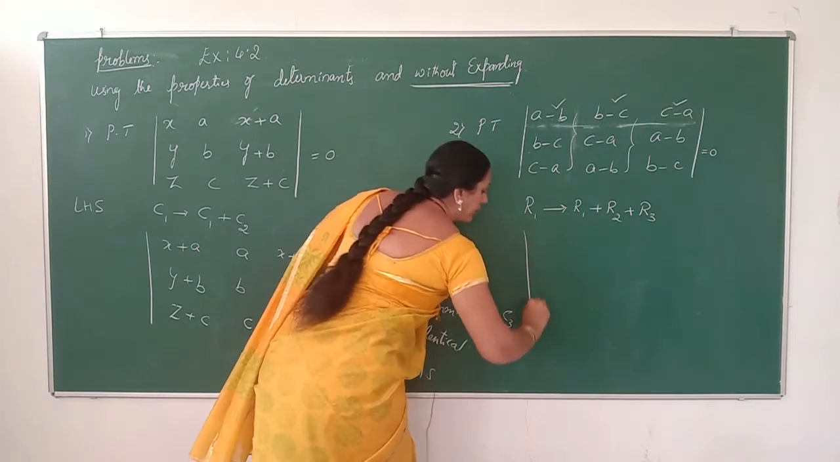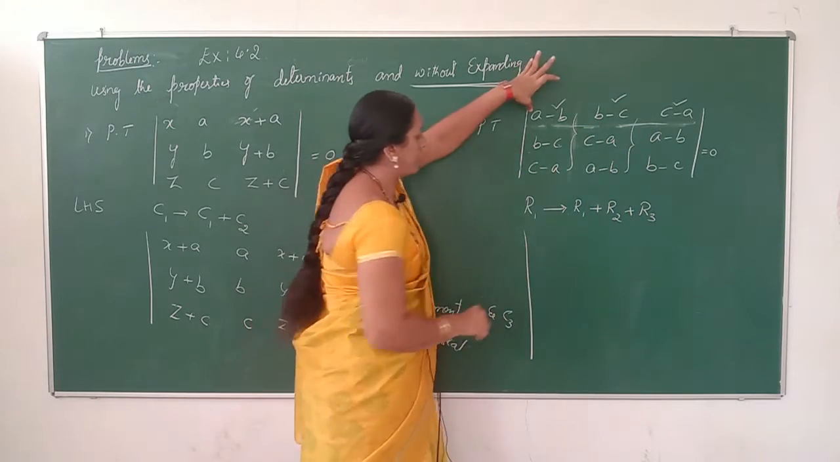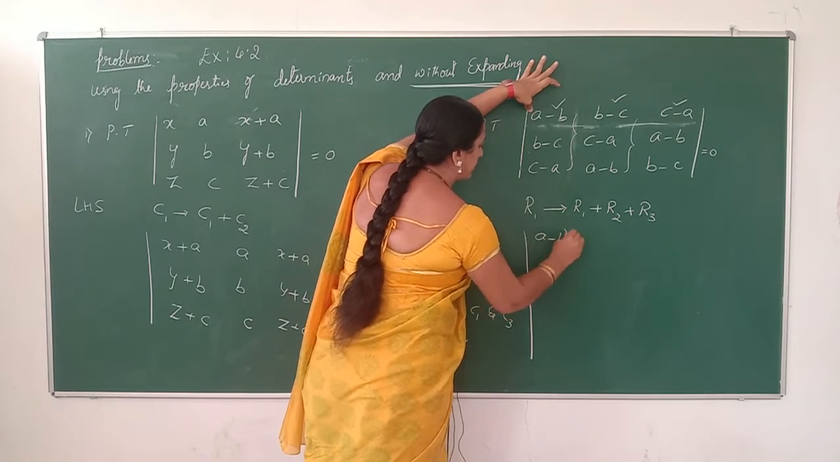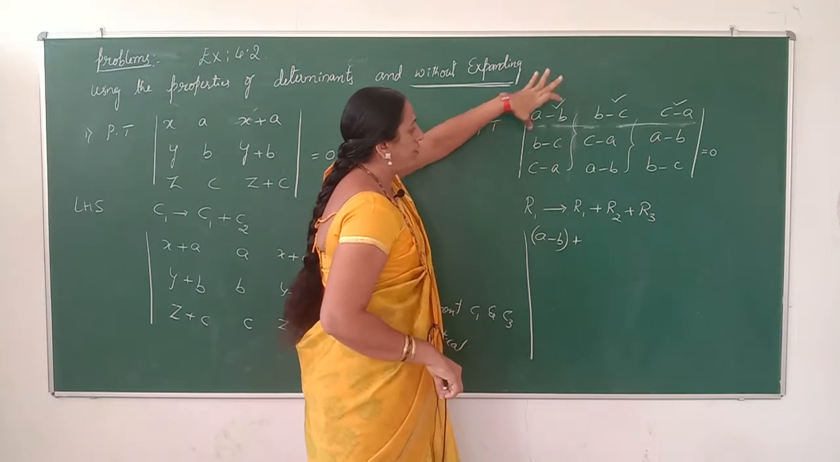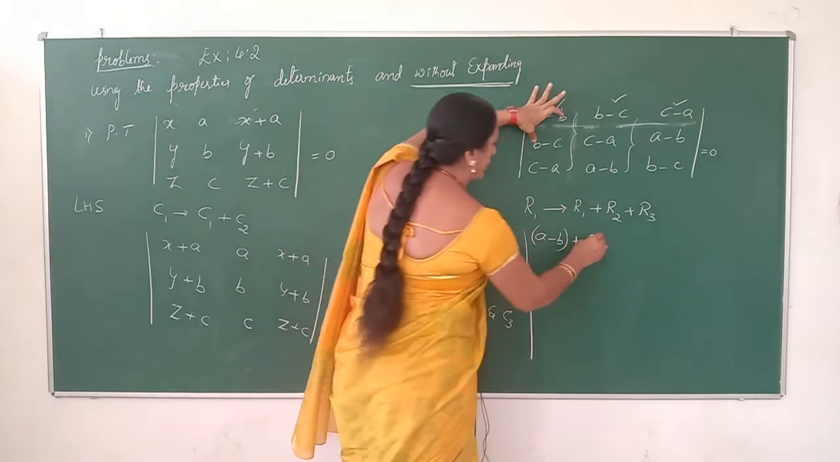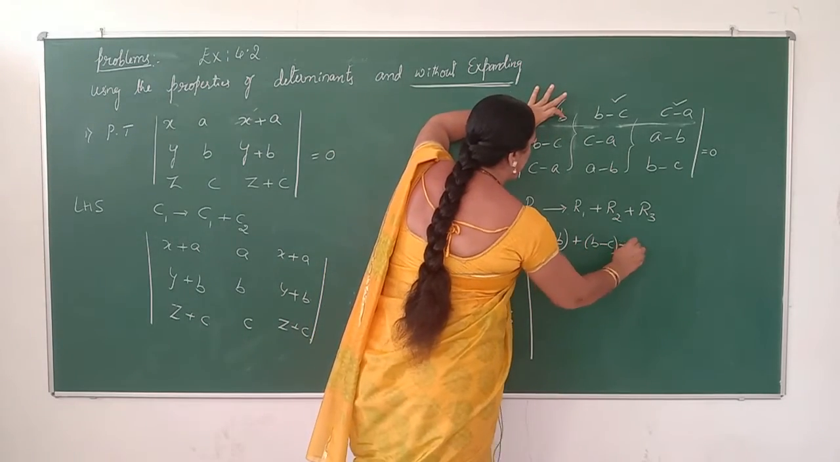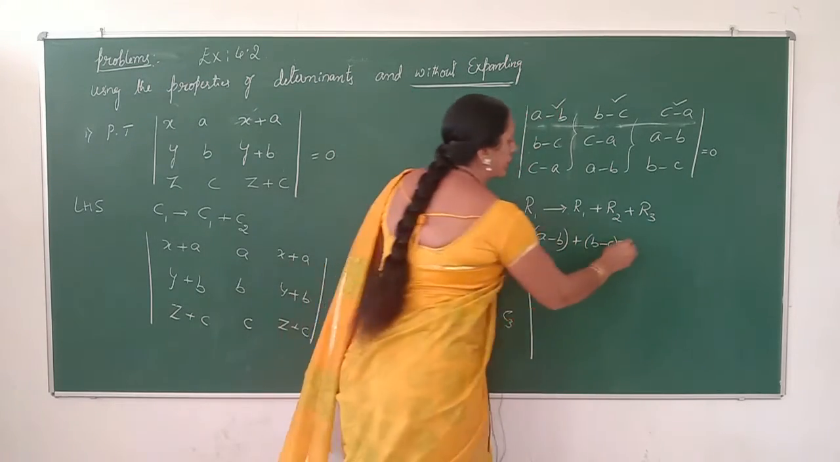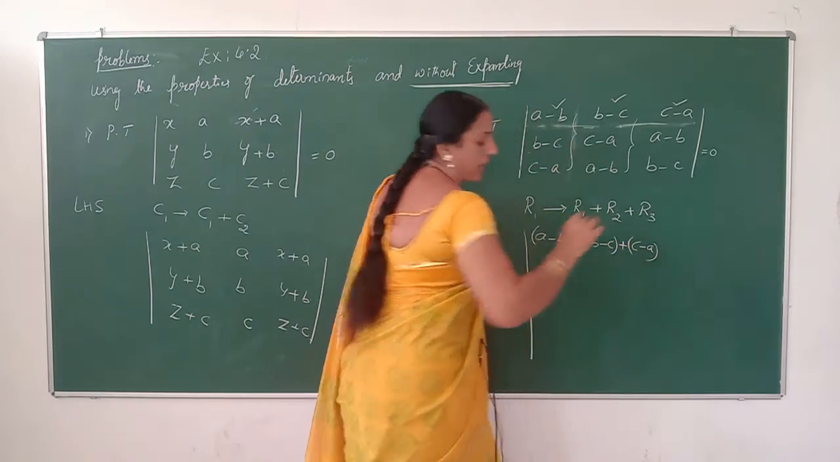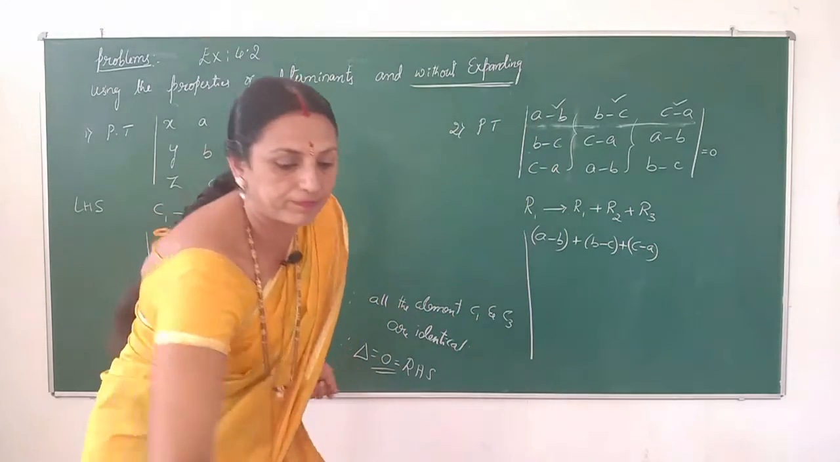So therefore in the elements of the first row, first element A minus B plus first element of the second row B minus C plus first element of the third row is nothing but C minus A. Similarly,